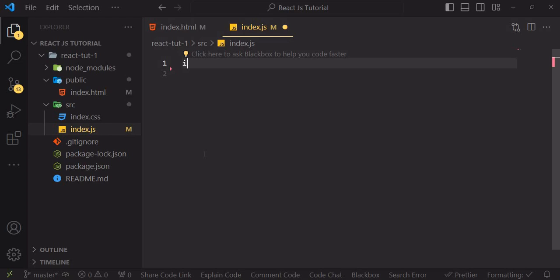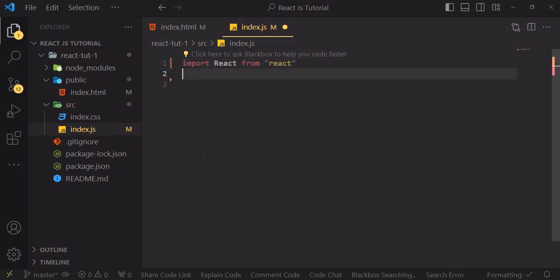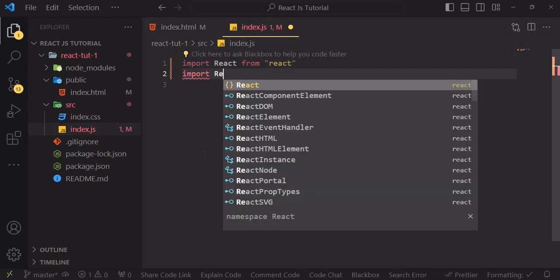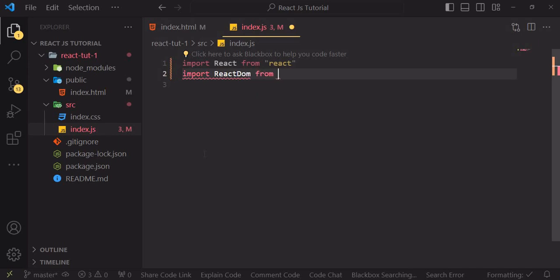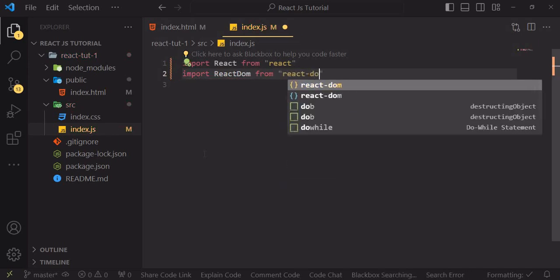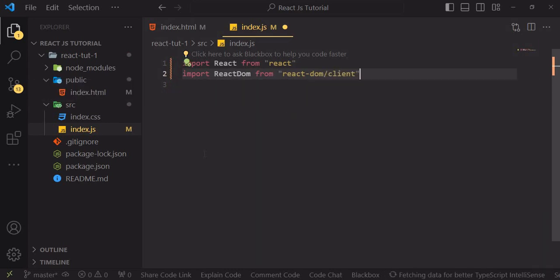So we can say import. First of all, we need to import React from React, like this. Then the next one is to import ReactDOM from react-dom/client. Then afterwards,